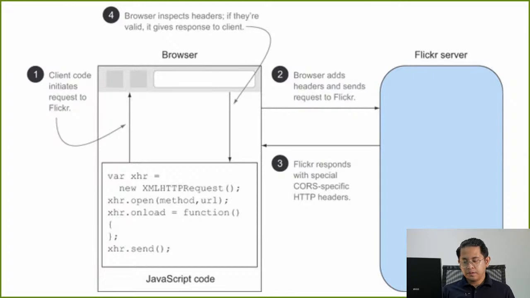So if the headers returned by the server don't exist, like I said earlier, or aren't what the browser expects, the response is rejected and the client can't view the response. In a way, browsers can still enforce the same origin policy to servers that don't allow cross-origin requests. Now you have the sense of what CORS is, and let's turn